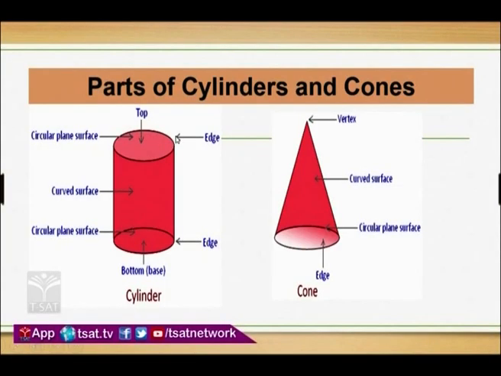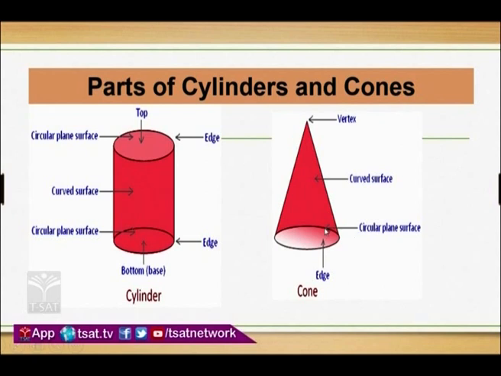Now, what is the next part? Edge, I am using. Curved edge. How many curved edges does it contain? Here is one, down at the bottom is 1. So total 2 curved edges it contains. So 3 faces, 2 curved edges. What about vertices? Are vertices appearing in the image? No, it means that a cylinder doesn't contain any vertices.